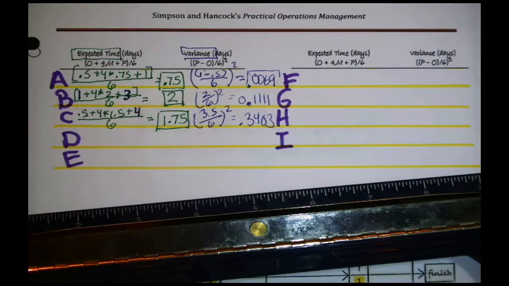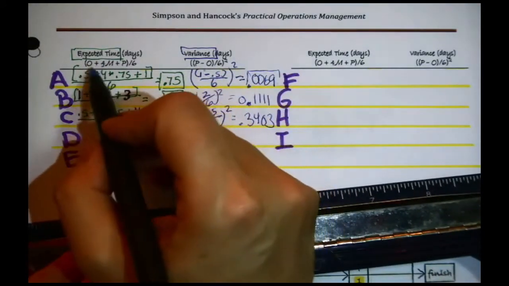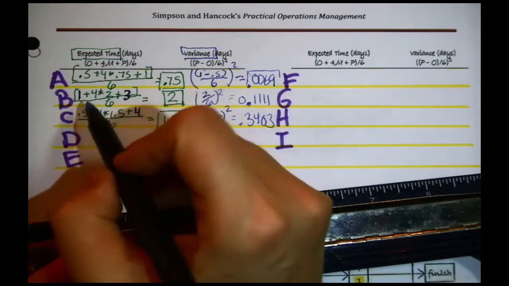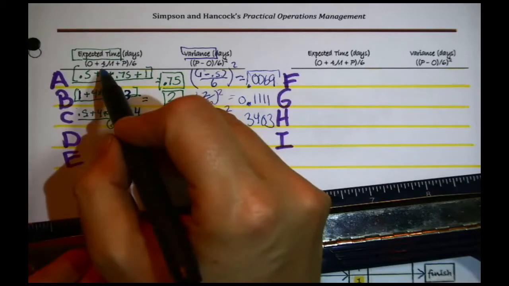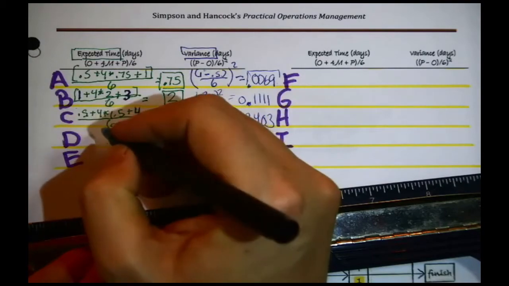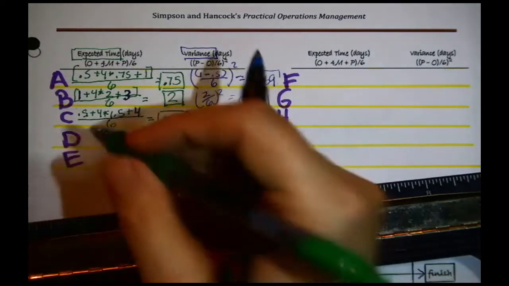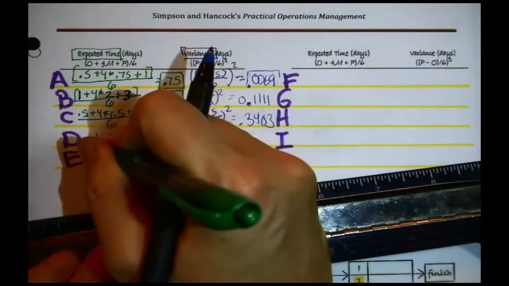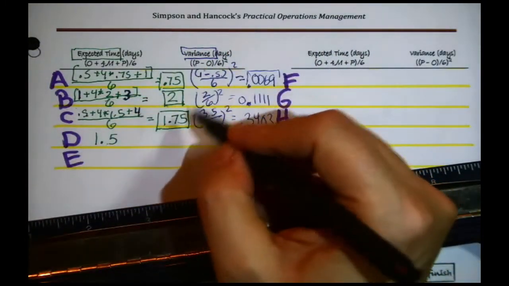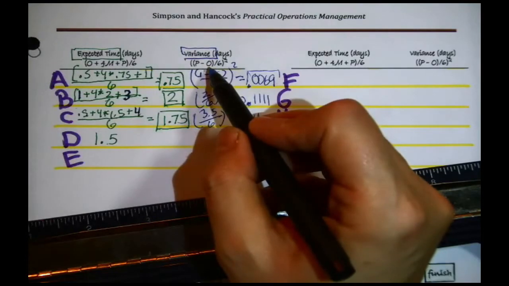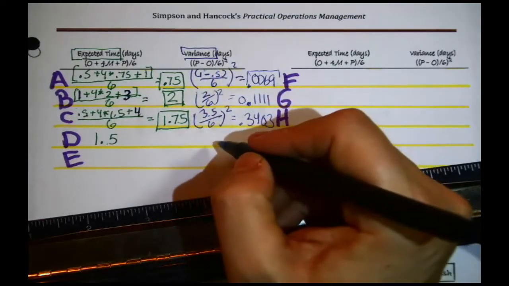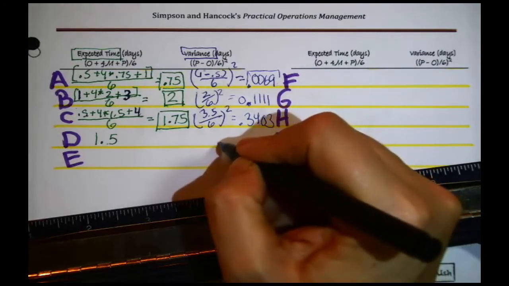Now, for D, if you fill out the expected time formula, that would be 1 plus 4 times 1.5 plus 2, divided by 6. I get that the expected time is 1.5. You can check me on that. And then for D, the (2 minus 1) divided by 6, squared, well that's 1 divided by 6 squared. I get a variance of